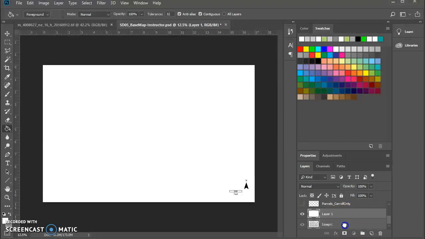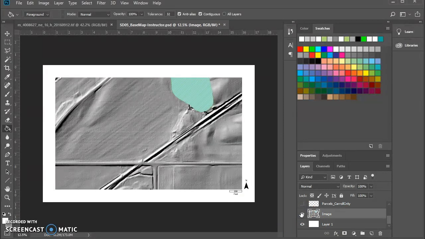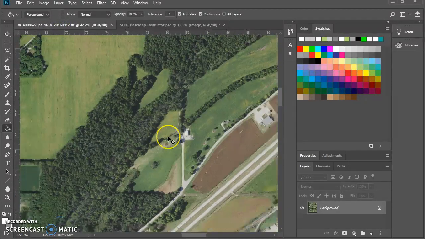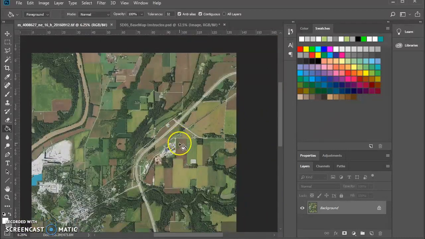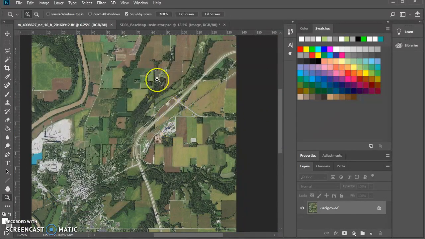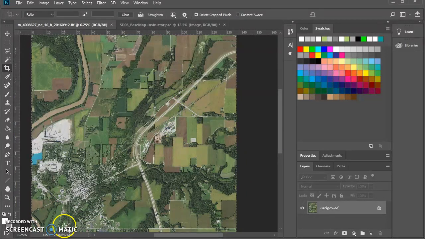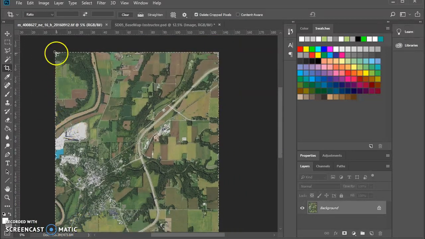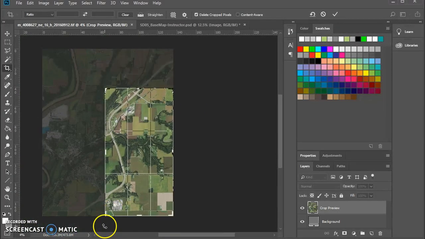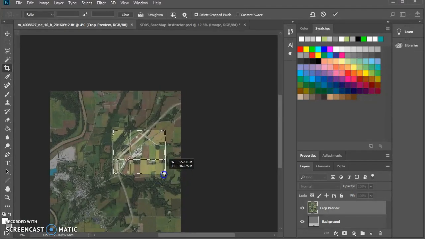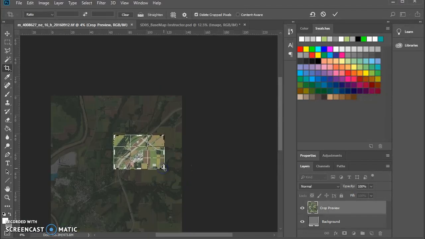Image right there. All right, so a backdrop behind all of this or anything else that I'm putting in there. Again, one of the things I told you before, and this is going to be up and available on the website, is that there's a new and improved high-resolution aerial photograph that I will provide you of the site. And I'm going to clip it down right here in front of you right now, just so you know where it's coming from. This one was downloaded through the Indiana map, which is where I located the image,